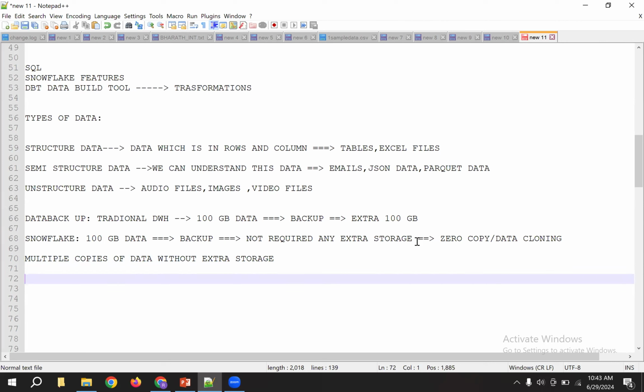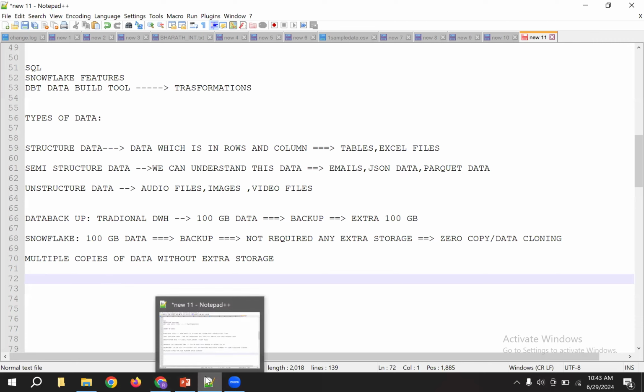You don't require any extra storage. If you want 10 copies of this 100 GB data, you can maintain that. When I'm taking the Snowflake class, I'll teach you how to maintain that. First, we'll see only the features today.